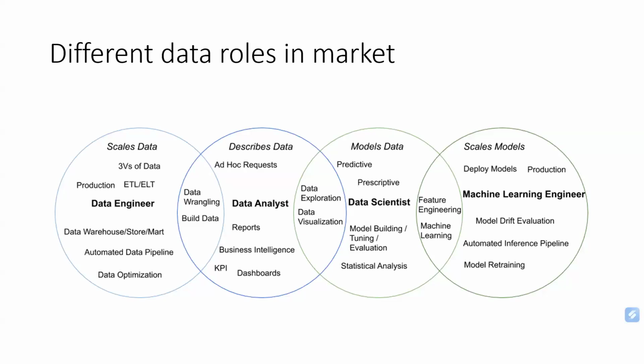The data engineer is someone who has direct contact with the business, right? They are assigned big, large sets of raw data, and their job is to extract the data from various sources, transform it, and load it into a certain location so that the data can be used for further analysis by the data analyst team for report creation, by the data scientist to run different models, or by the machine learning engineer to train the models, right? This is a kind of Venn diagram that shows the interlinking dependencies between the various data roles.